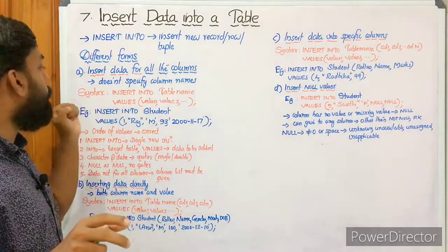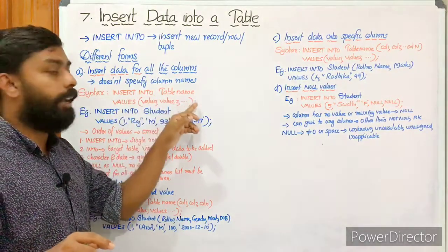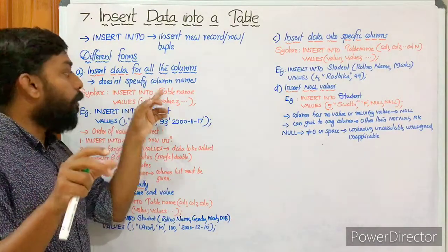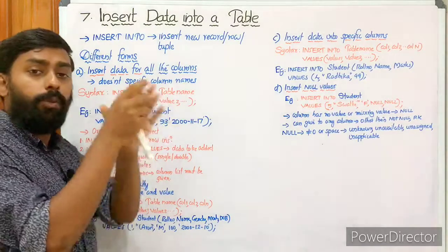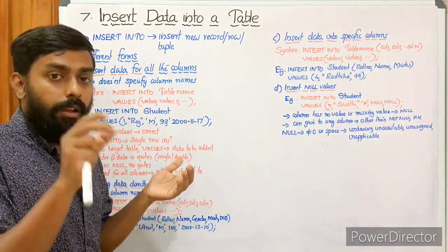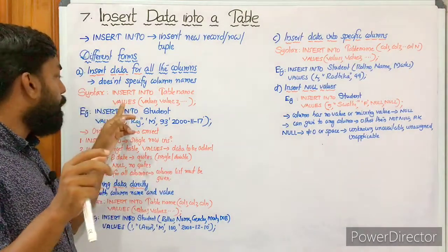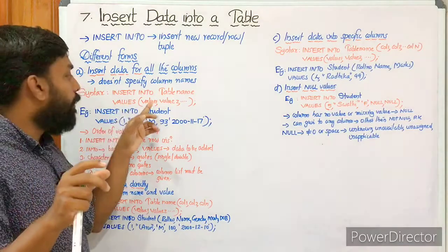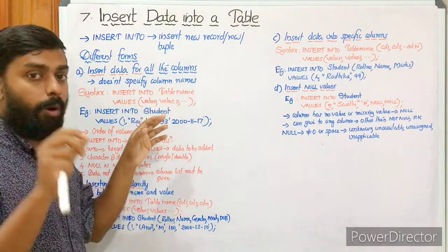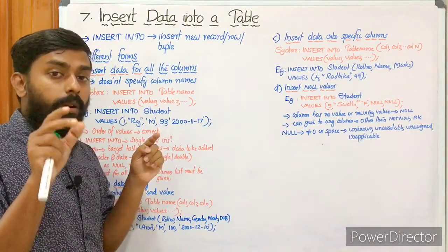Okay, yes, here is the syntax. Insert into table name, values, value 1, value 2, value 3, etc., semicolon. Insert into is the command. It's followed by the table name. Insert into table name. We are inserting into table name. It's an SQL command, right? We do say things straightforward. We do code things straightforward. That's what command is. Then values. We have a clause values. Then value 1, value 2, value 3, closing parenthesis, semicolon. Values are enclosed in parenthesis.